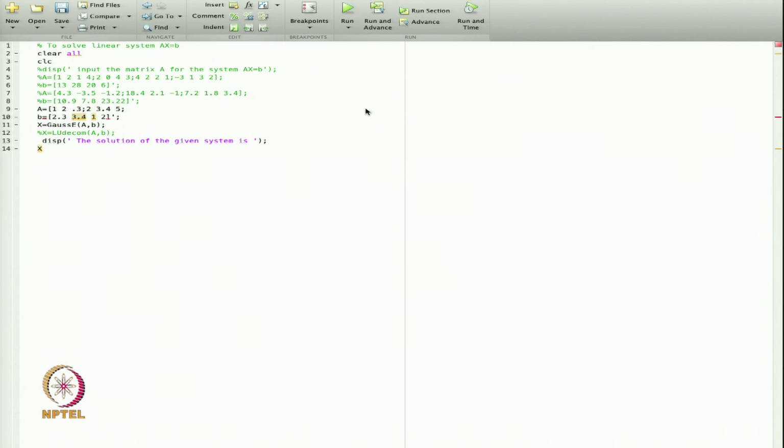The third row I am taking 0.3 and then 5 and then 2.1. So, suppose I take this one. That is the symmetric matrix I am taking, a 3 by 3 matrix. So, let us run.